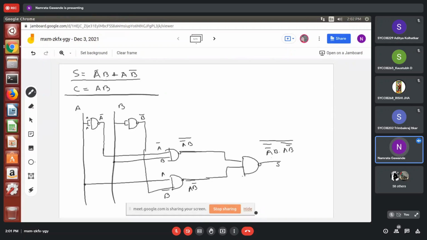Now, how to do it for carry equal to A dot B. Okay, so two inputs will be required, A and another one B. What will be the output?